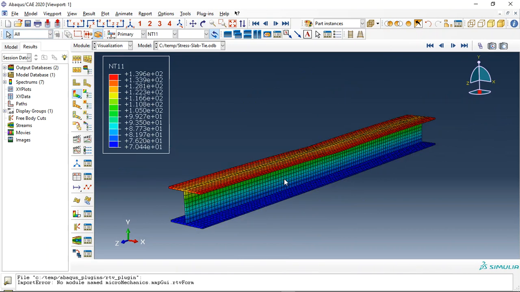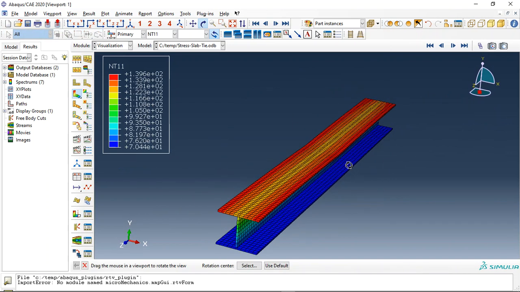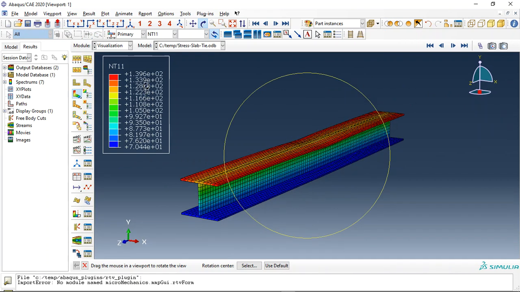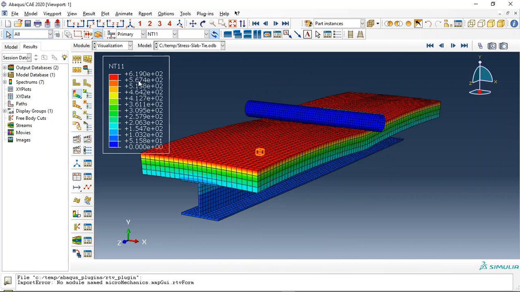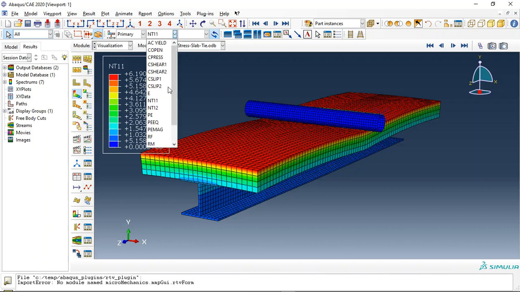And the last one is the temperature in the steel I-shaped beam. Here you can see the temperature is around 140 degrees at the end of the simulation, but at the top it is around 620 degrees. And we can check now the